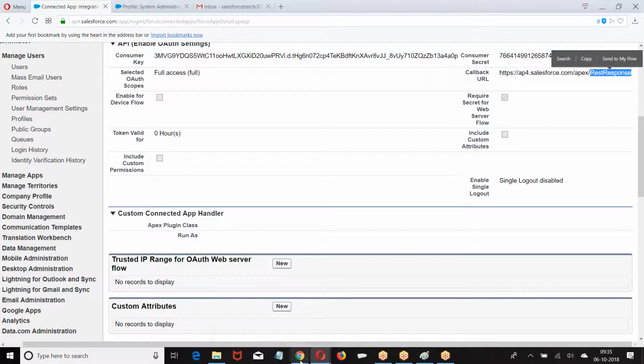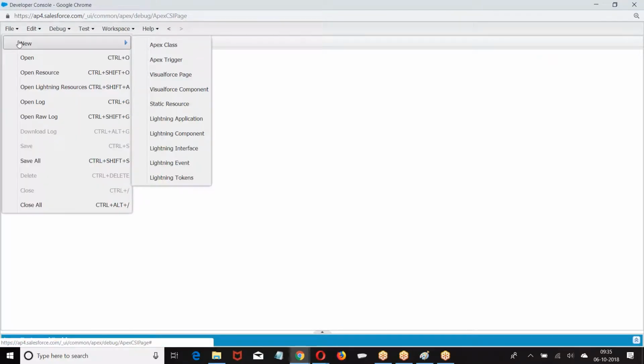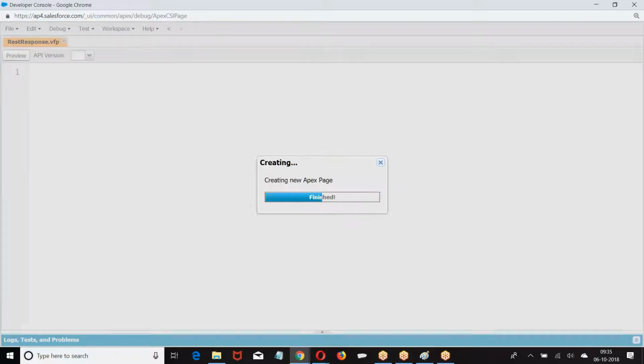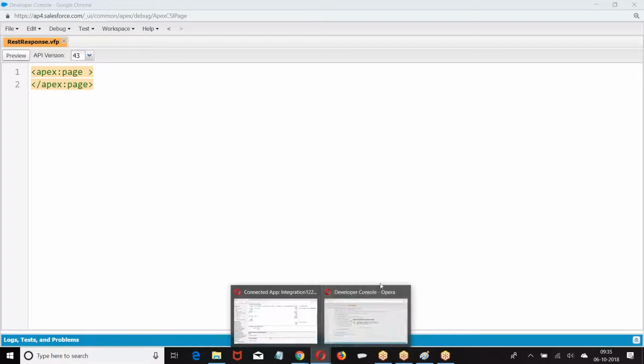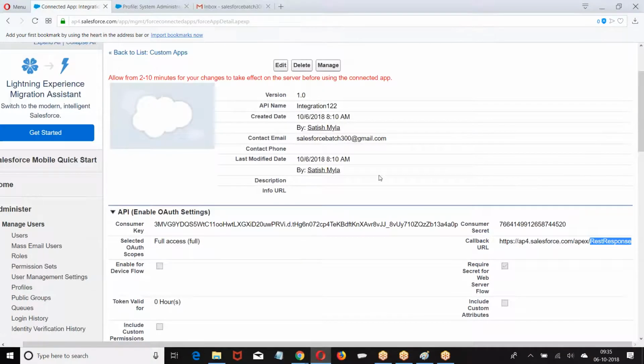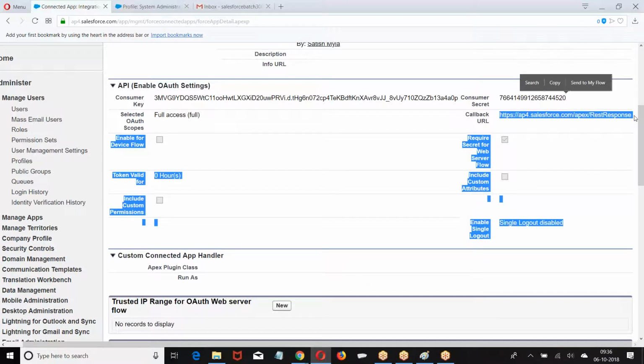REST response. So what was that? This is my client. Your integration account is the client. In the client, I am creating a VF page. So what I'm saying, boss, if I make a request to you for a token, you send the response to this page of my account. If I request the code, you send the code to this page in my client organization. So this server will send the code to this response page. You can give any VF page here.